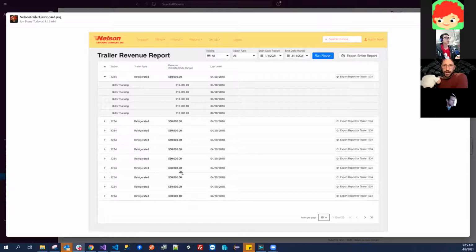The export entire report, obviously I don't think it's possible, at least, to make a sort of nested drop down like what this is if you export. So that first one, you can see trailer 1, 2, 3, 4 is a refrigerated type, and it's got those 5 jobs. There's no way to create that, so we would just make that many different lines with the job to create the CSV. Did that make sense?